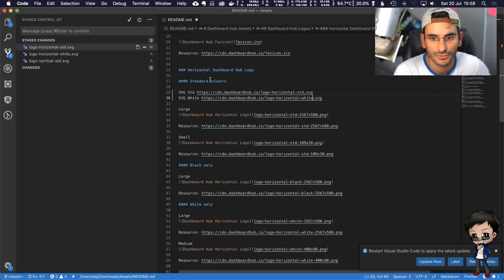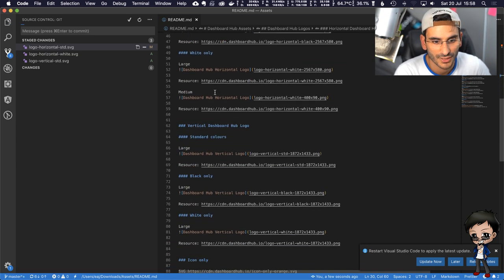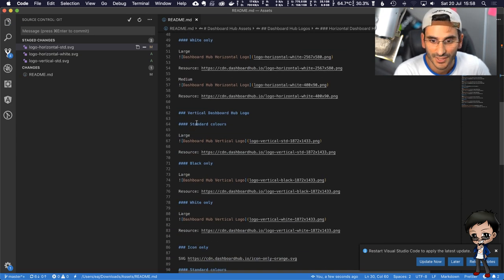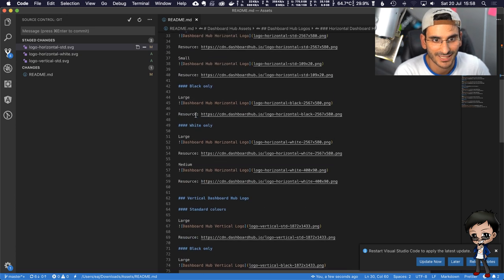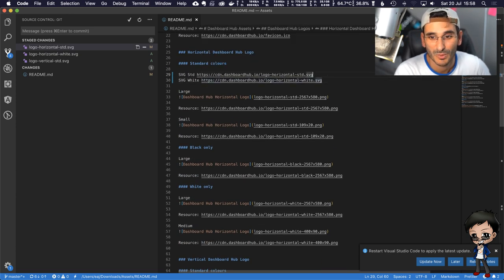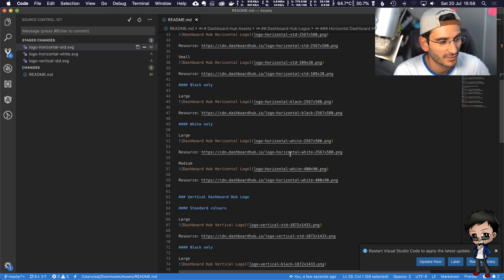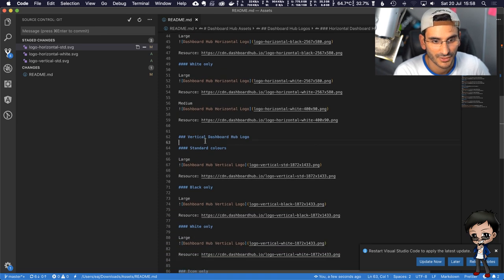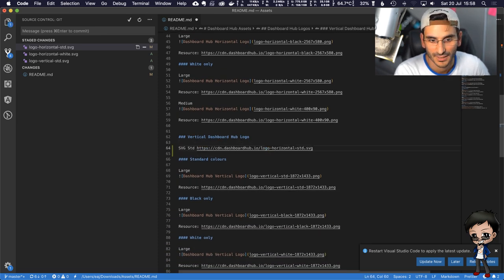And then we'll do the same for the verticals. This is horizontal. And then there's a vertical section. There's no SVG for the vertical section, so we will add it. I will copy one of these. We will get into some coding soon, don't worry. Vertical, let's just add it right at the top here. SVG, and the file is vertical, STD, standard. Which sounds kind of dodgy as well for all you dirty people out there.